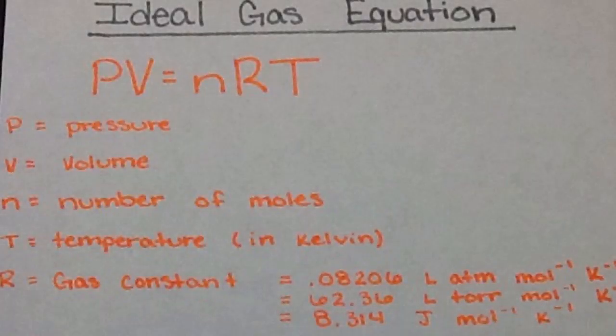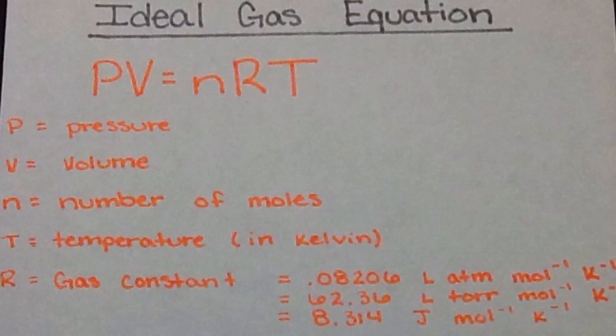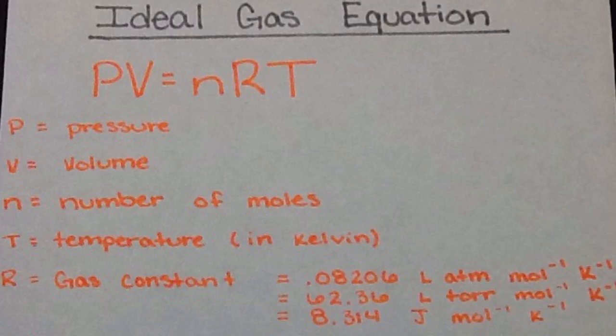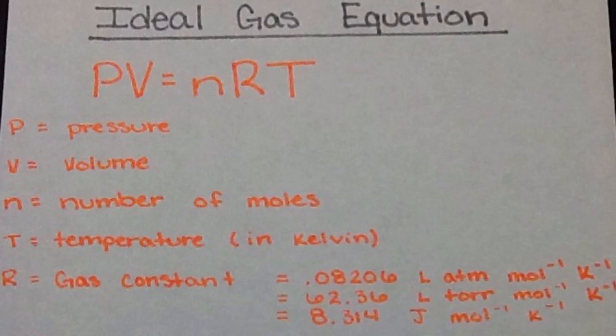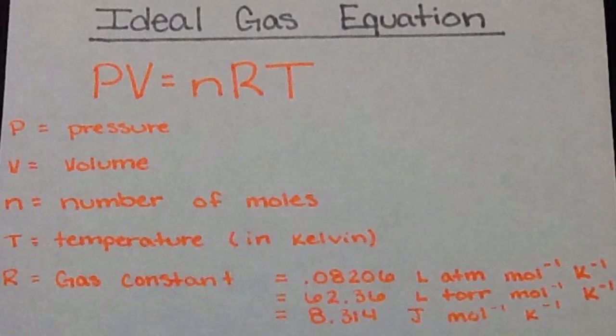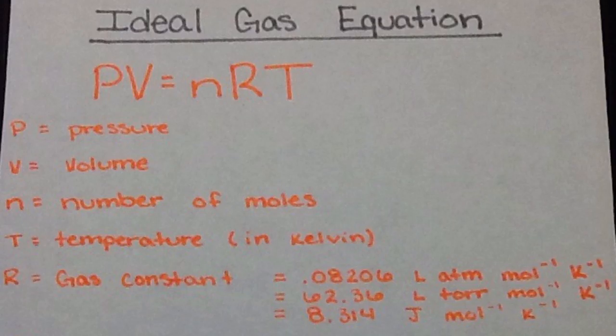When dealing with gases, the ideal gas equation is one of the most important equations that you can use. This equation is PV equals nRT. P equals pressure, V for volume, N for number of moles, T for temperature, and that's in Kelvin, and R